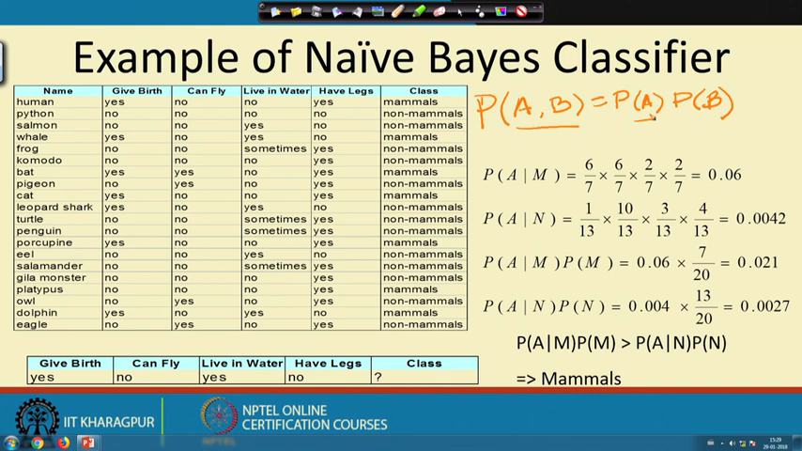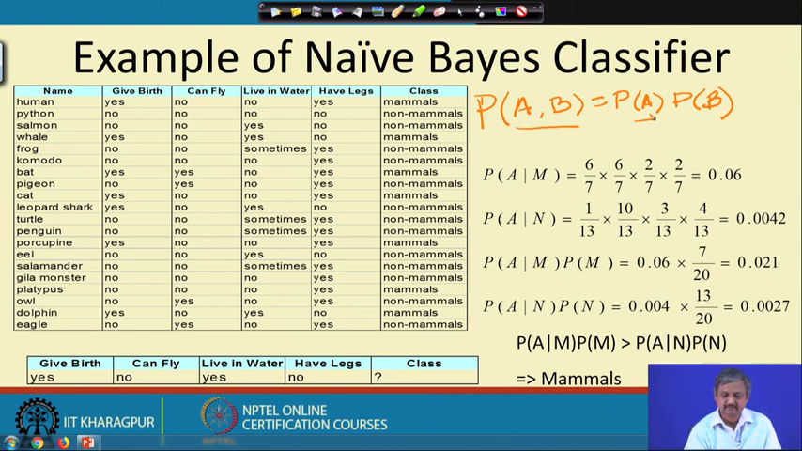Okay. So, for example, in this particular case, if these 4 attributes, give birth, can fly, live in water, have legs, are independent, we have the probability of give birth B equal to yes, and can fly equal to no, and, this comma is an 'and' actually, live in water W equal to yes, and have legs L equal to no. This probability given, say, mammal,